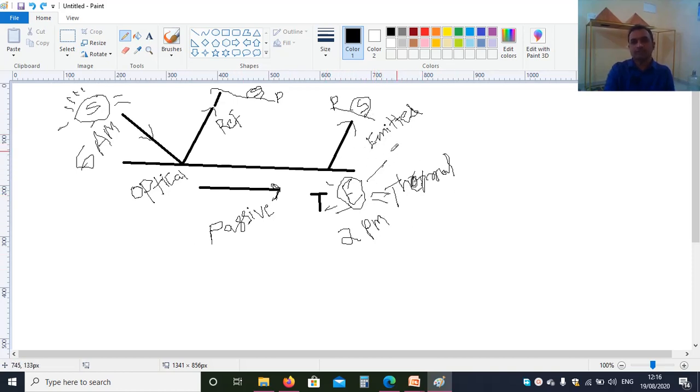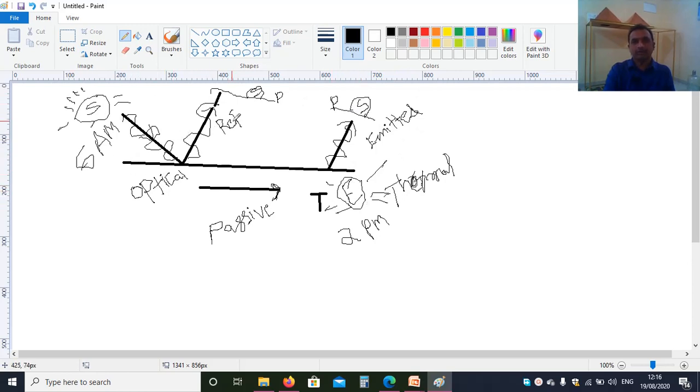So, this is the emitted radiation. You feel some heat, that is why this is called thermal radiation. I will explain this in the electromagnetic spectrum, because everything is a wave. It comes from the sun to the earth like this wave, this is the electromagnetic wave. This is also an electromagnetic wave. This radiation comes from the earth surface like this. So, this is the emitted radiation, this is the reflected radiation. The source of the reflected radiation is the sun, the source of the emitted radiation is the earth.